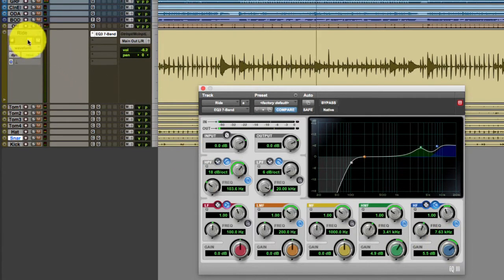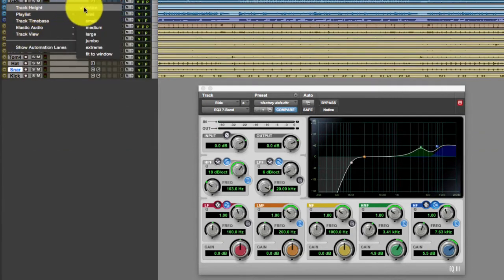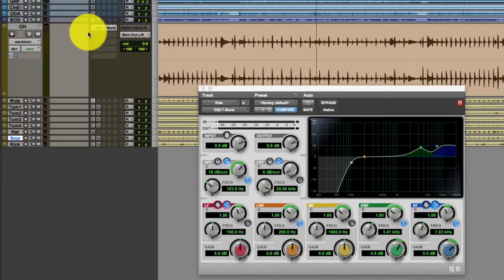Okay, so let's move on to the overheads, which are pretty similar. Overhead. Okay, so this is a stereo track right here. And so we have a stereo